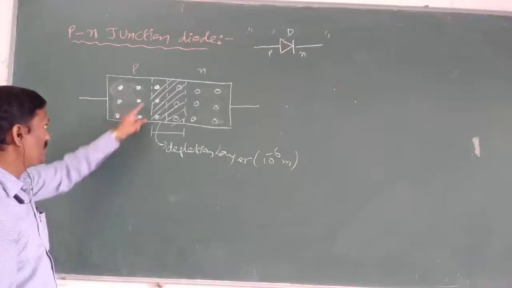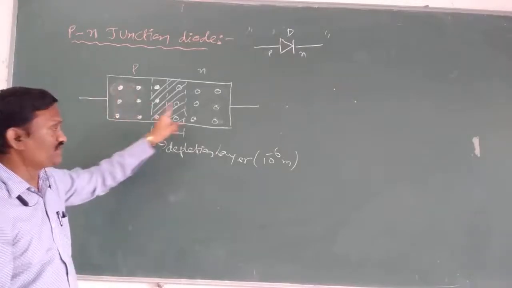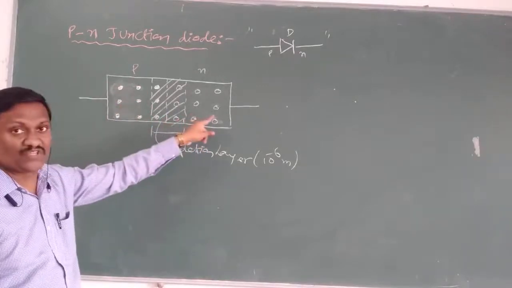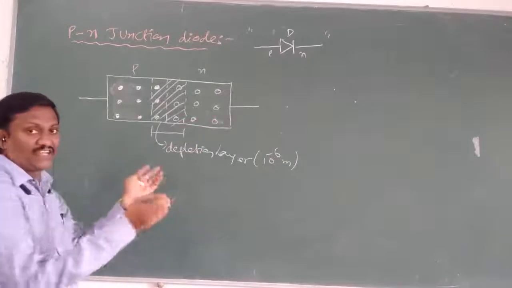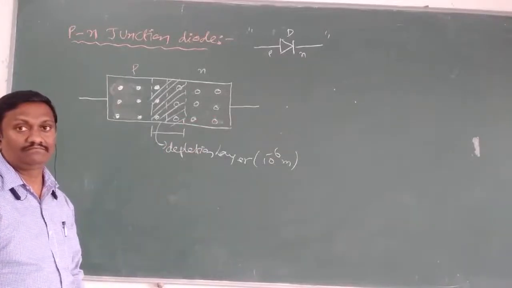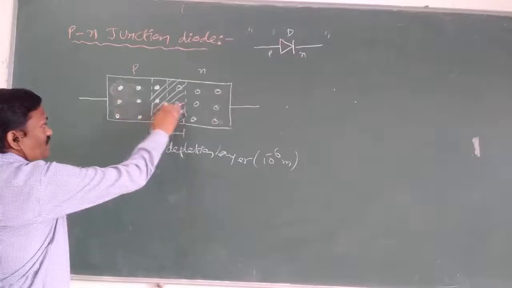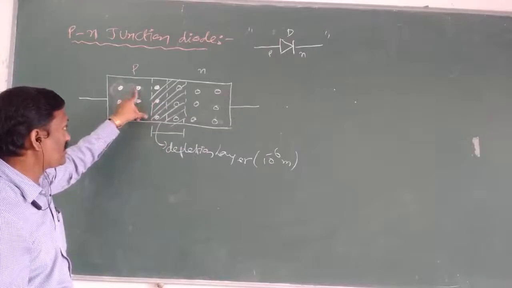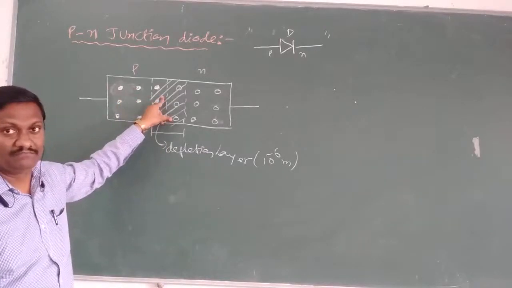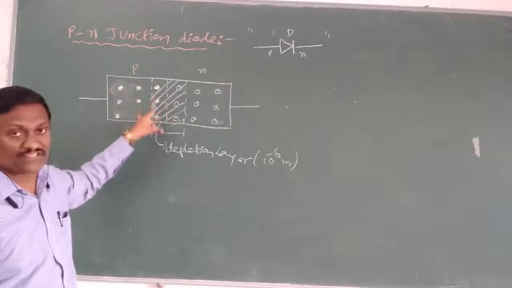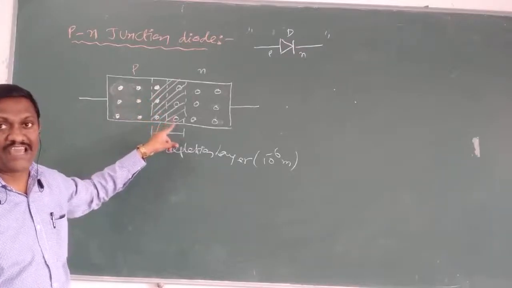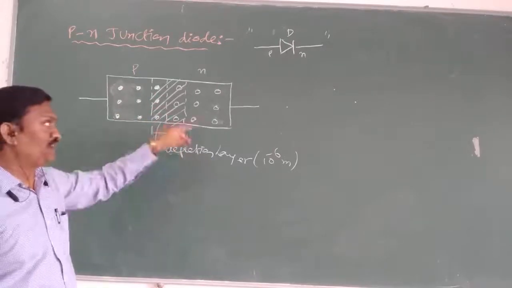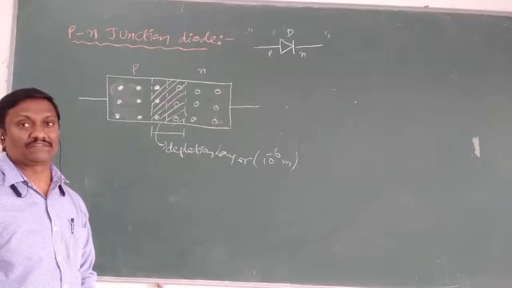Now also the P region is full of electrons and the N region is full of holes. So these have negative charge and these have positive charge. Also, between opposite charge carriers some attraction force is there. But these carriers do not cross the junction, because these electrons are repelled by these electrons inside the depletion layer. We know between like charges there are repulsion forces. So the carriers in the depletion layer oppose the further movement of charge carriers from one region to another region.